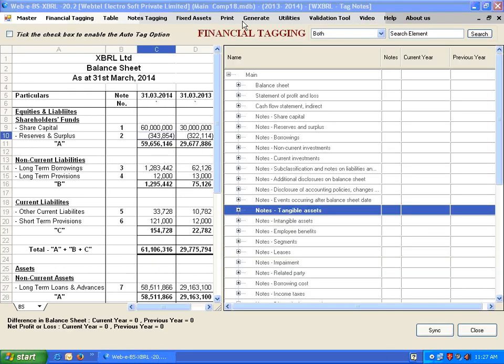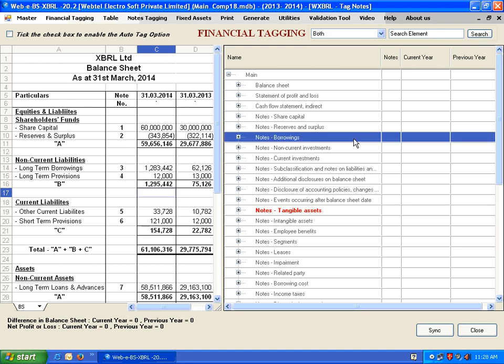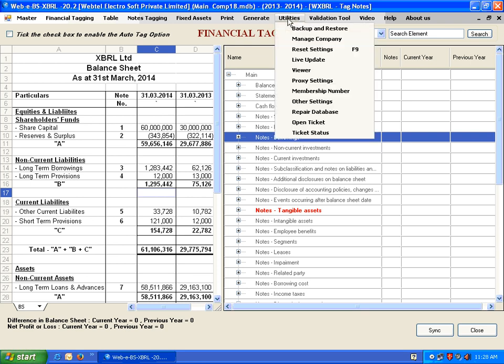Now this is the financial tagging window appearing on your screen, and on your left hand side you may see the Excel file and your financials that you uploaded, and on the right hand side it represents the XBRL based taxonomy. To begin with the process, I'll first go to reset setting in these utilities. From here I need to adjust some settings,